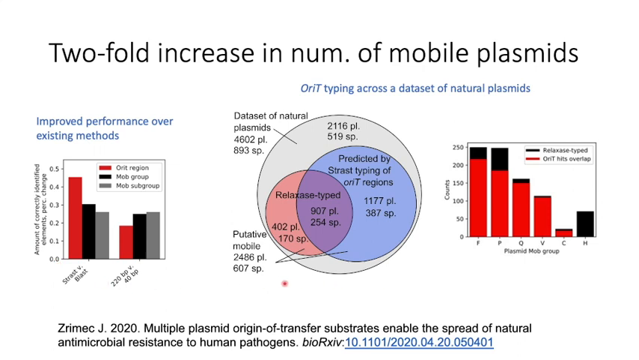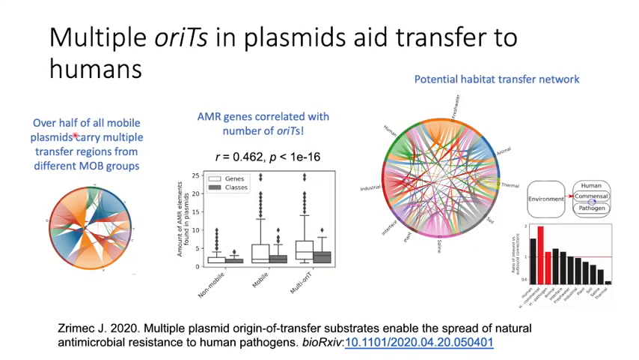So we then type the transfer regions in a dataset of natural plasmids, finding thousands of new regions and uncovering an almost twofold higher putative plasmid mobility across twofold more whole species than is currently known. A very interesting finding is that well over half of these mobile plasmids carry multiple transfer regions from different mobility groups, so they can be mobilized by different conjugation systems, potentially linking multiple host ranges that are currently understood to be confined. In fact, we find that the amount of resistance genes and transfer regions carried by a plasmid are